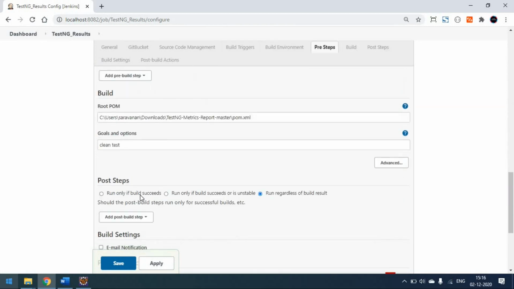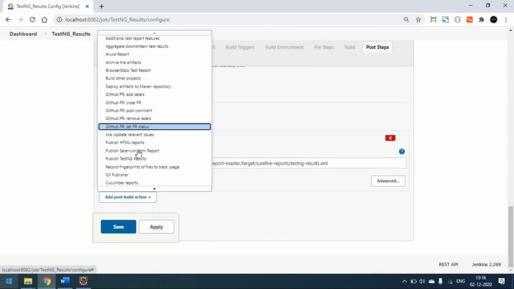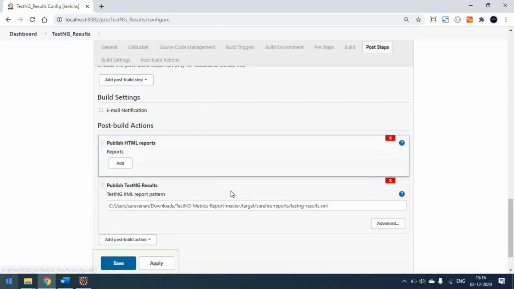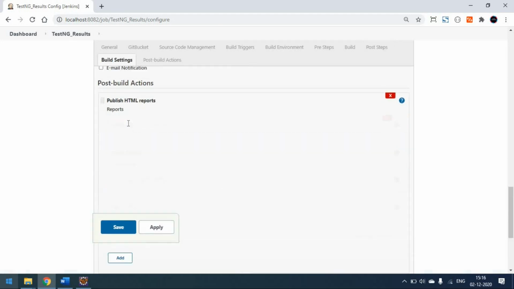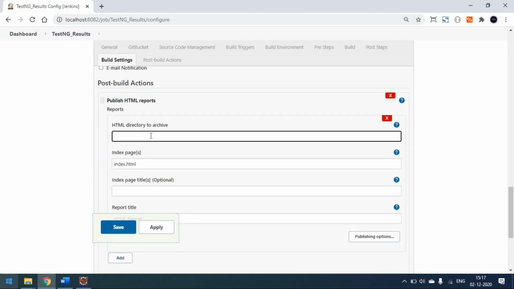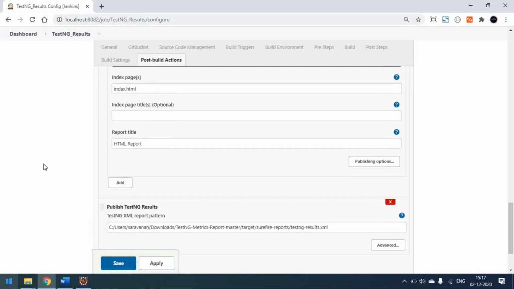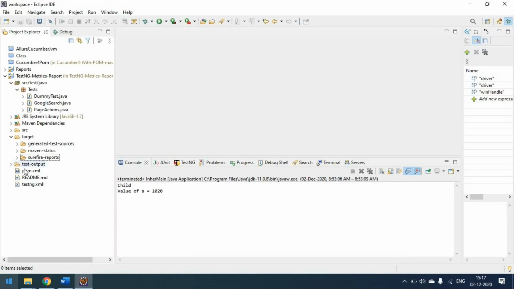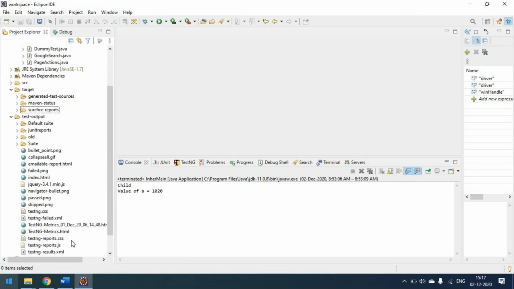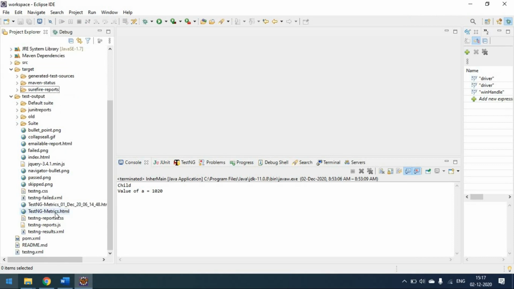So it's the same way you can add a number of reports, like once you add this HTML, right? So what we have done last time, we were just passing our HTML file path, right? So for example, if you want to pass the TestNG metrics HTML, this is a file path you have to pass, right?